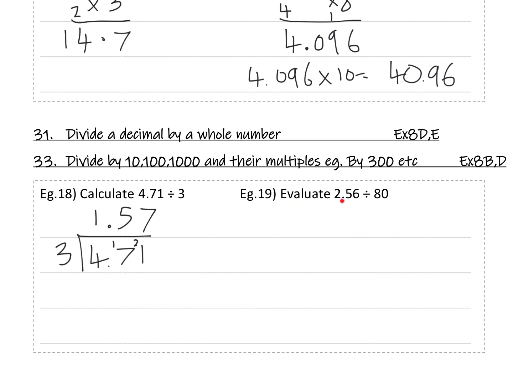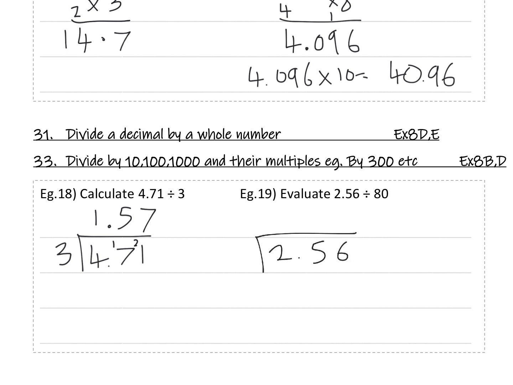Example 19, evaluate 2.56 divided by 80. So to divide by 80, I'm going to divide by 8 and then divide my answer by 10. Dividing by 80 is the same as dividing by 8 and then 10. So we'd have